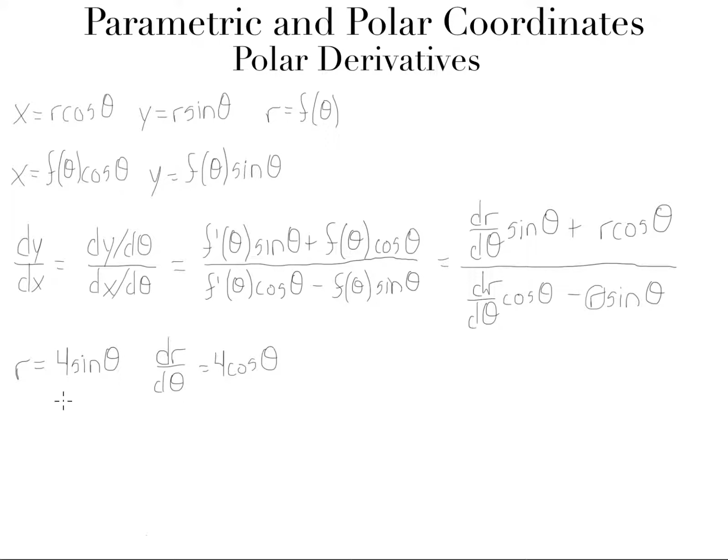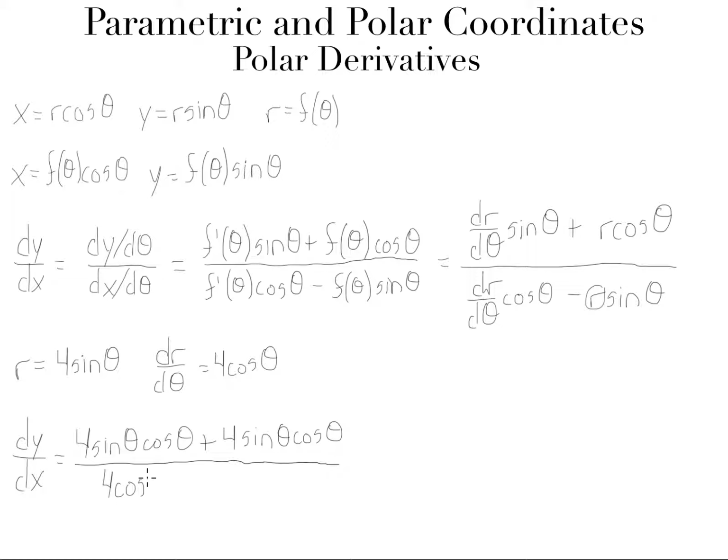So now all we have to do is plug in. So we have dy/dx equals dr/d theta, so 4 cosine theta times sine theta, so 4 sine theta cosine theta, plus 4 sine theta cosine theta by plugging in r, over the denominator, which is 4 cosine theta squared, so 4 cosine squared theta minus 4 sine squared theta,